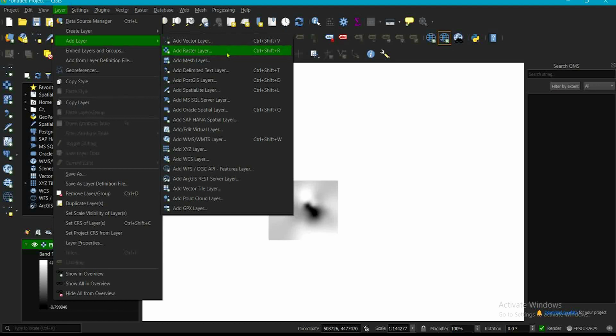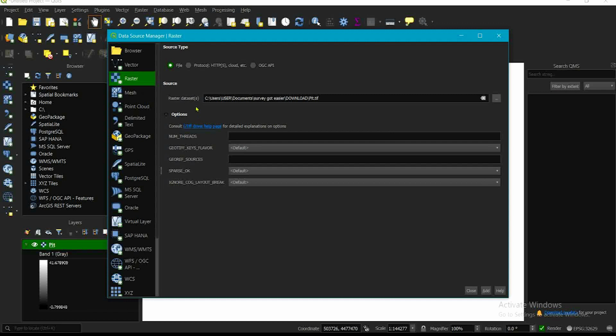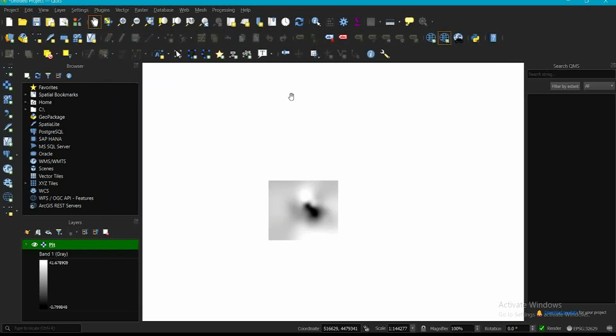When you click on add raster layer, you can see you select the location under this place here. When you click on this browse, it's going to take you to your desktop location where you bring in the raster layers that you saved on your desktop. And you can also use other means apart from this method to bring in your raster layers